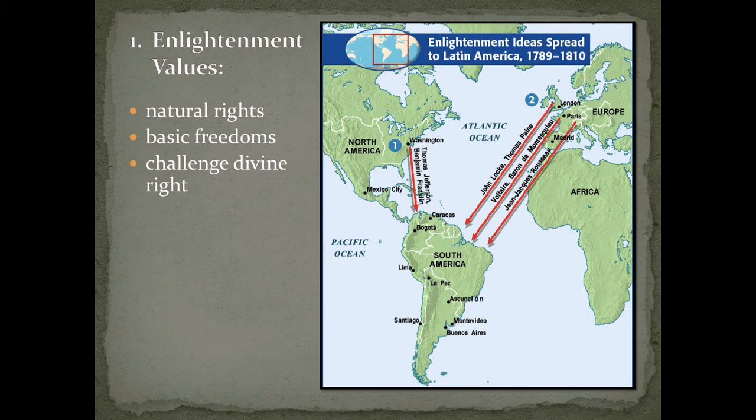Most Enlightenment thinkers also did not buy into the idea that rulers should claim the divine right to rule. It doesn't make any sense why someone should rule just because they claim that God has ordained them the right to rule. We know the Enlightenment thinkers also encouraged the idea of limited government, and one way that could happen is by creating constitutions. We saw that in other Atlantic revolutions.